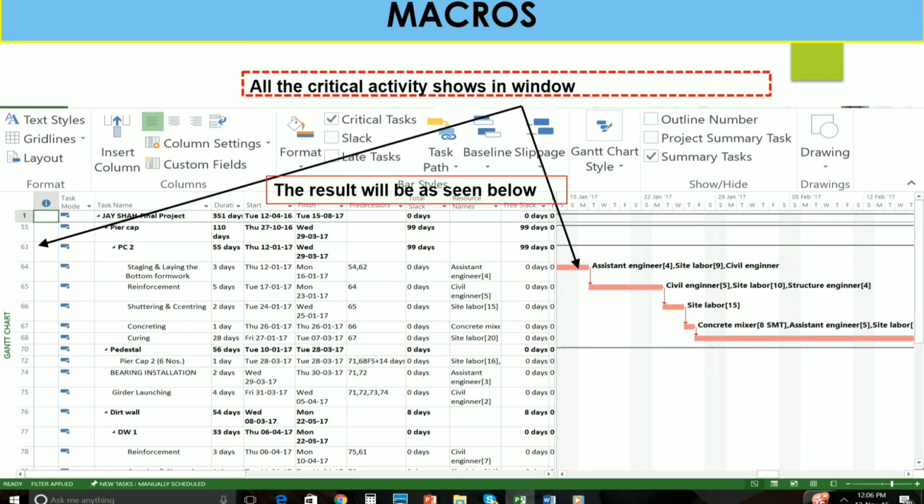Here you can see the result: all the critical activities are shown in red in the bar chart column. Likewise you can record your macro based on your project requirement and your client requirement. If you want to go to any summary task, project summary task, or any kind of activities, you can select and show them in particular macros.